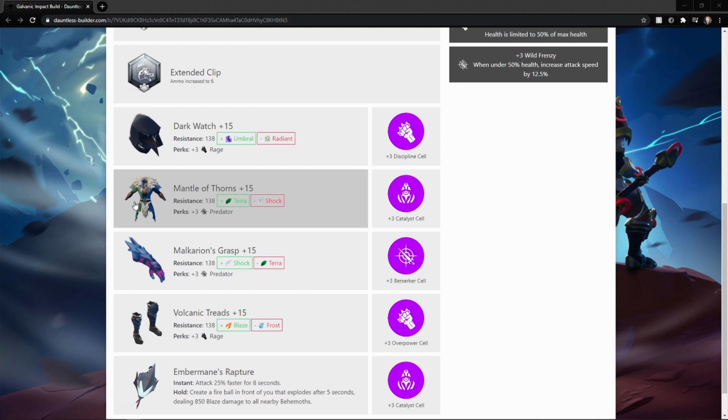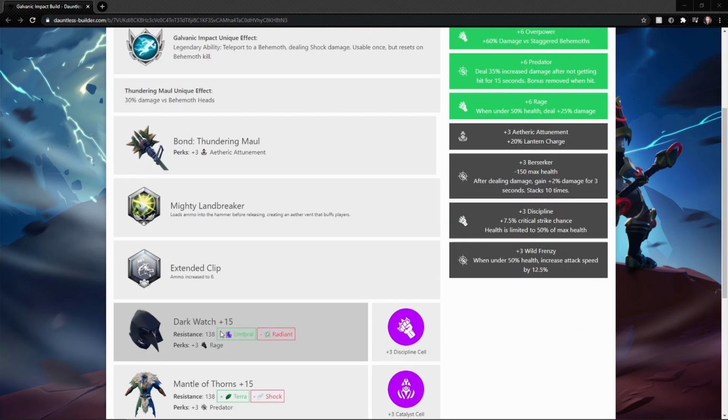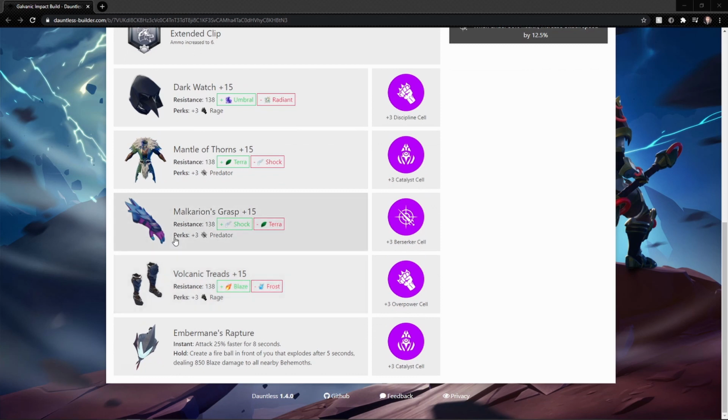Between Mantle of Thorns and Malkirian's Grasp for the arms, we're going to be getting +6 Predator, which at +6 gives us 35% increased damage after not getting hit for 15 seconds. So that's nice. And then lastly, Embermane's Rapture, which will give us the 25% attack speed boost, which again is